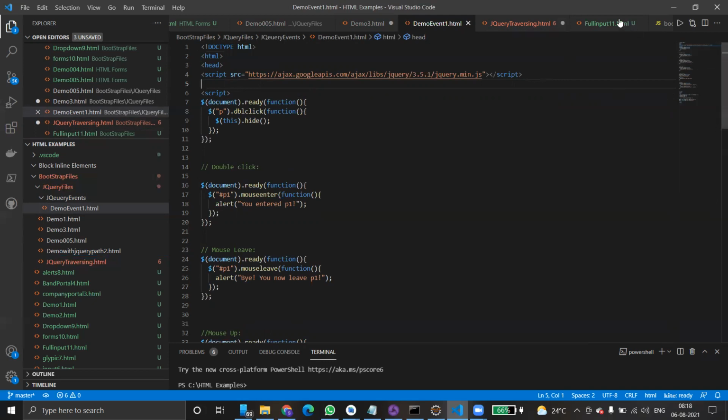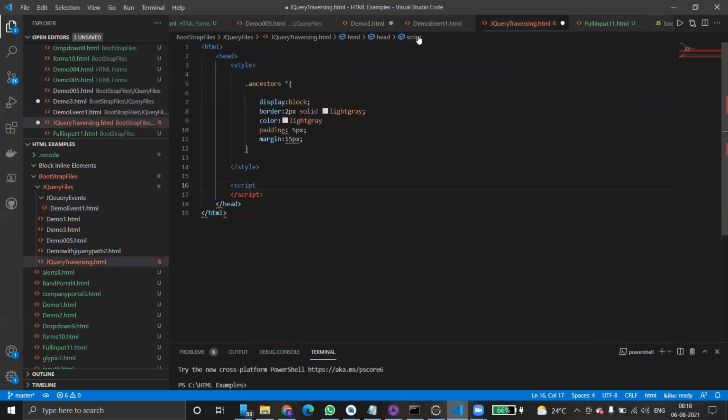So where is our script? This one, yeah. So we have to add this one step here. Done. So the jQuery script has been added.